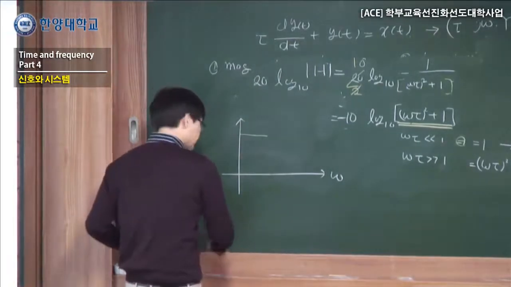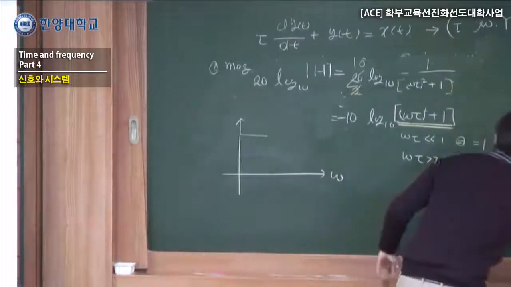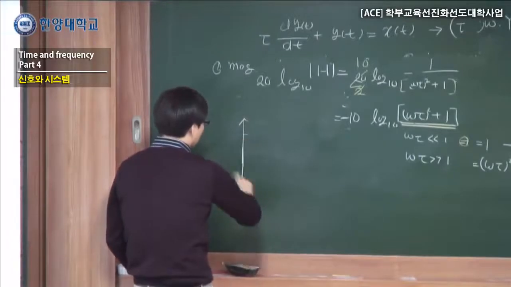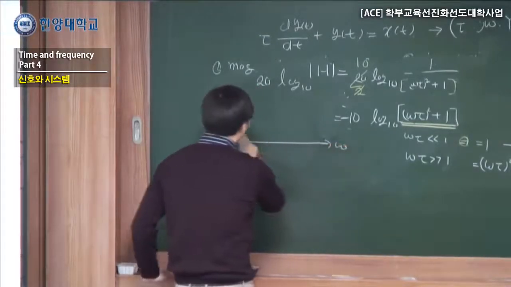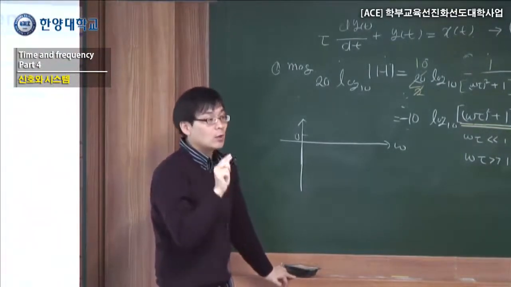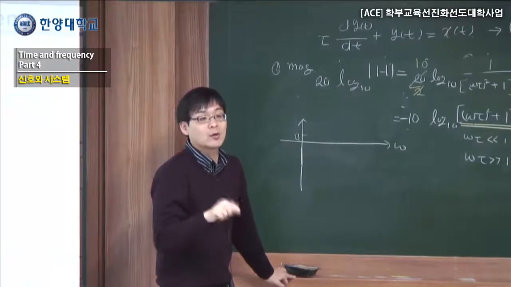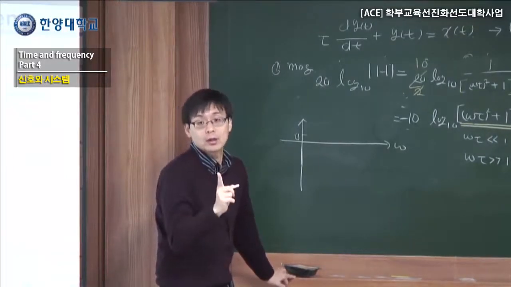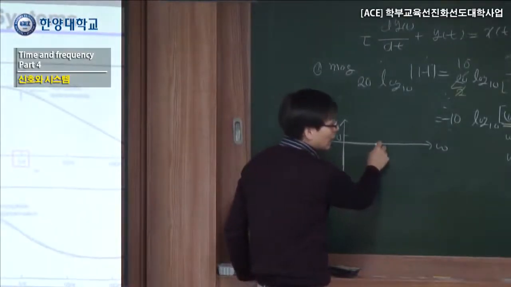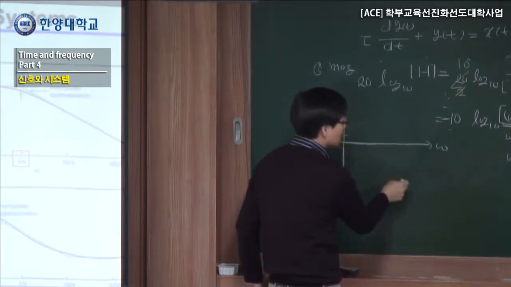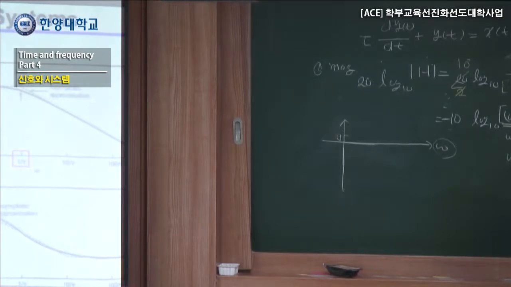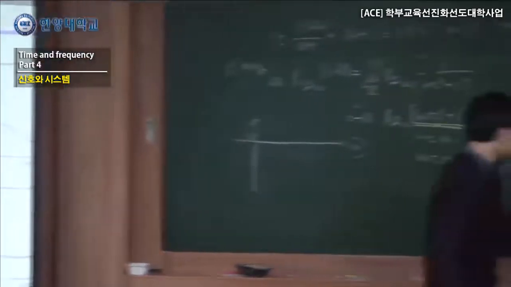So when magnitude is 0, that means they are starting from 0. But remember, this is a log value. 0 in log value does not mean that the actual value is 0. The actual value is 1, right? So keep that in mind. So they start from 0, and then they begin to decrease. This is frequency. In this case, tau is kind of constant. So they decrease by a certain slope,